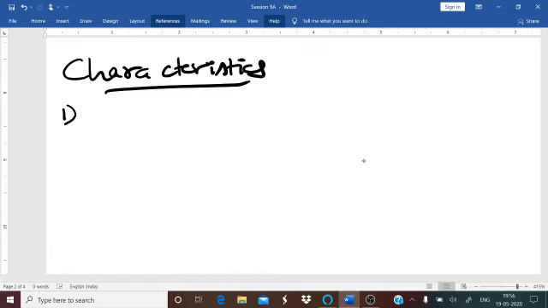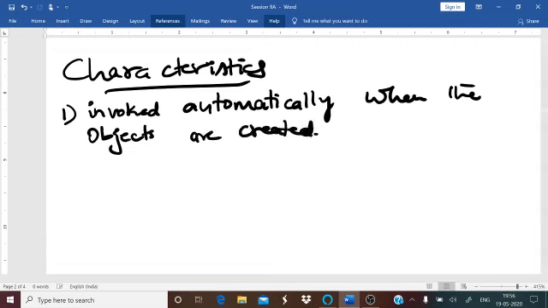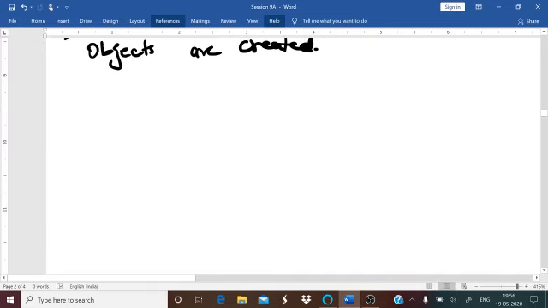First point, the constructor functions are invoked, that is called, automatically. They are invoked automatically when the objects are created. As soon as an object is created, this also gets initialized.